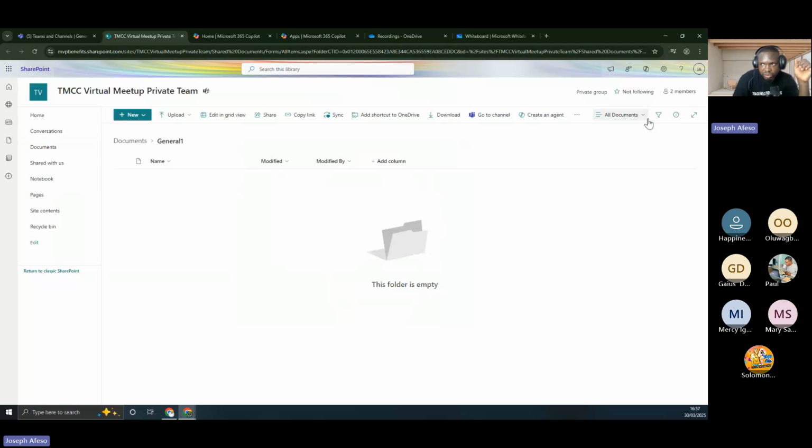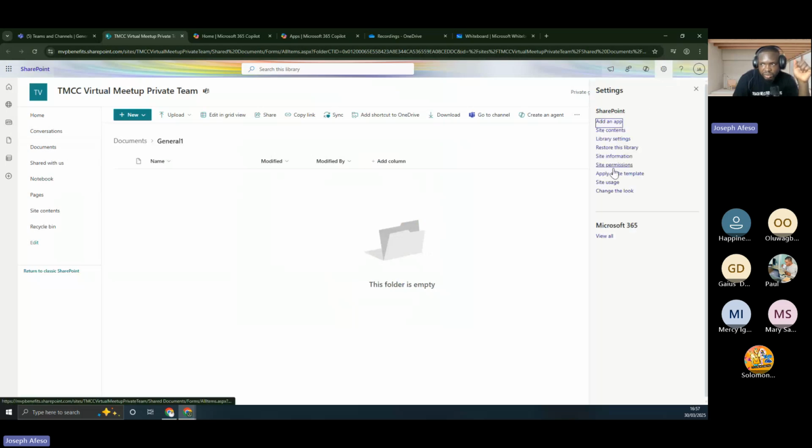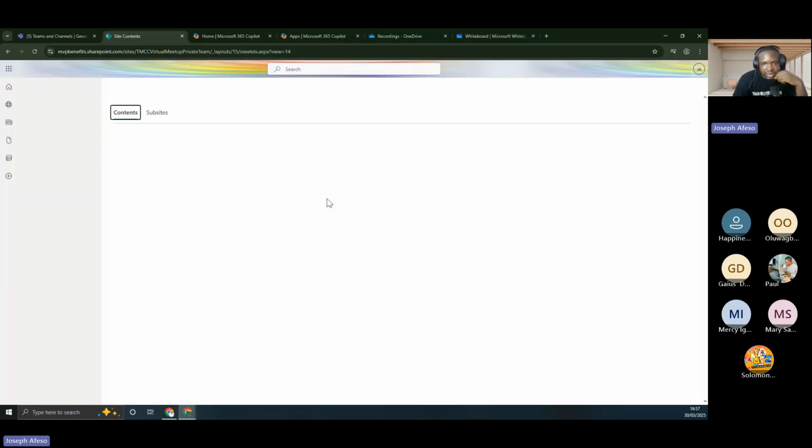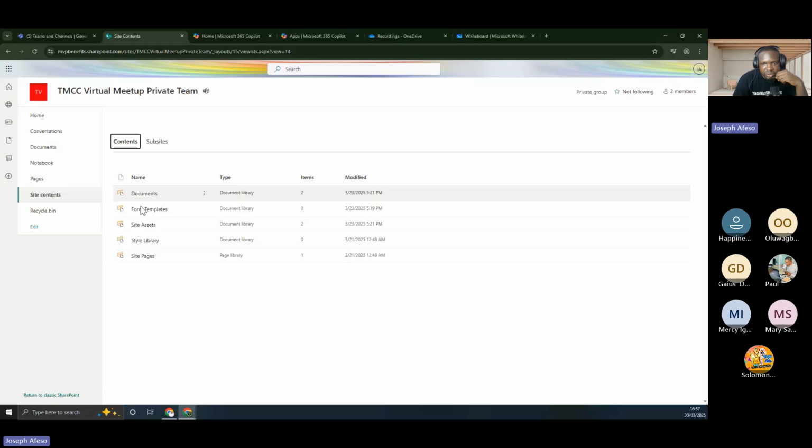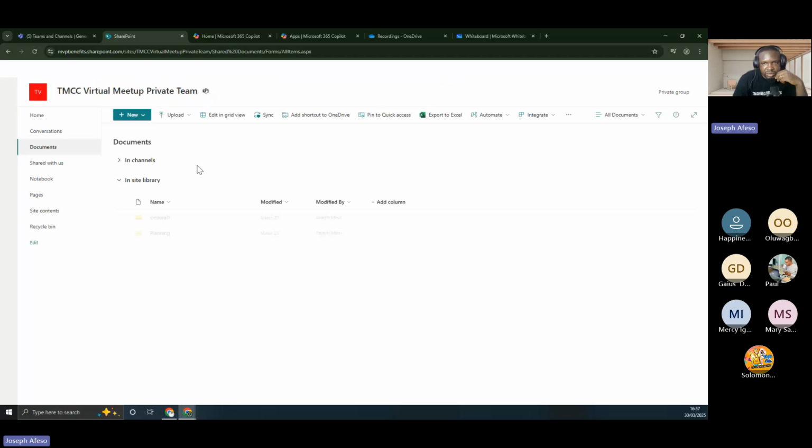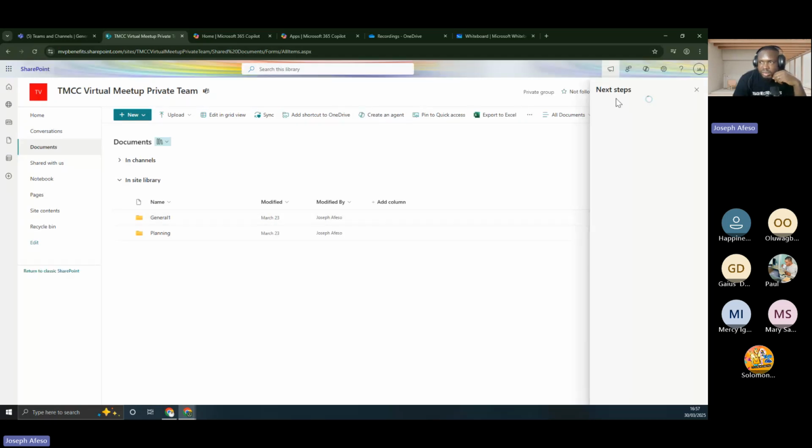So we are going to still do SharePoint. If I come here and go to Site content, in here I'll be able to see where that recording is saved. I think it's going to be under Documents.